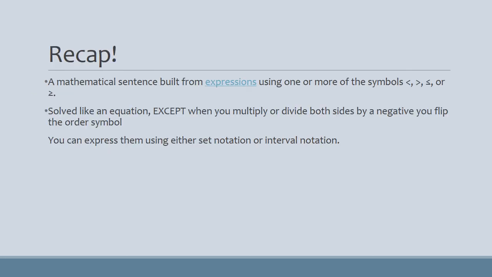Even though I have the recap next, I just want to say one more thing. I guess I can do that part of my recap. When I'm talking about set notation or interval notation, when I have x is less than 5, which none of our examples were, my interval notation would be from negative infinity, okay, to positive 5. So the reason that is because,